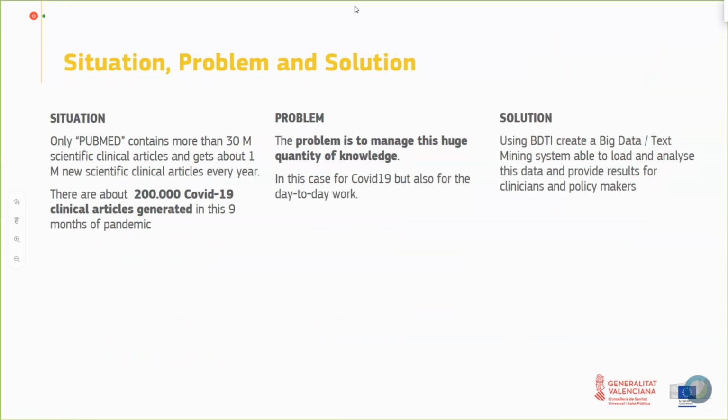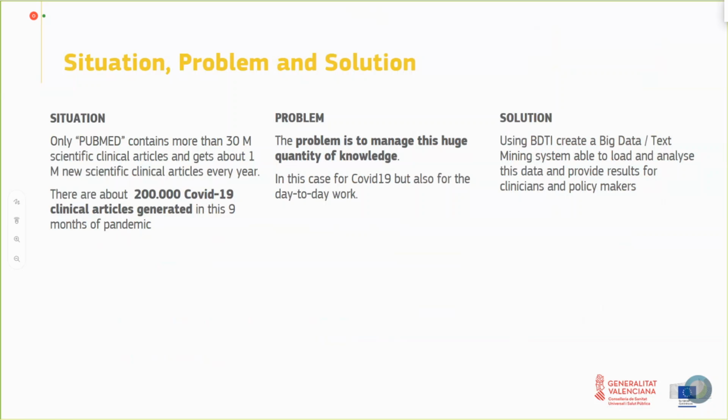Which was the problem we were facing? Well, there is a huge amount of information in scientific papers. For example, only PubMed, which is a free access search engine developed in 1996 by the United States National Library of Medicine, contains more than 30 million scientific clinical articles and gets about 1 million new scientific clinical articles every year. So if we make a search only focused on COVID-19, we will find 200,000 clinical articles generated in this